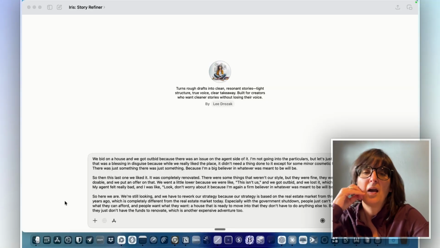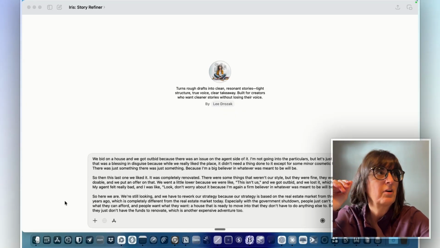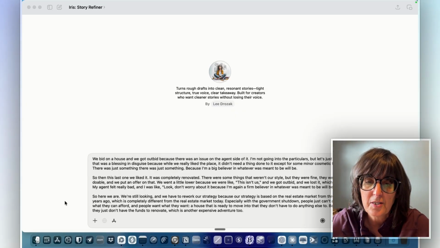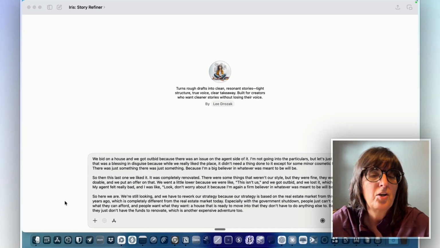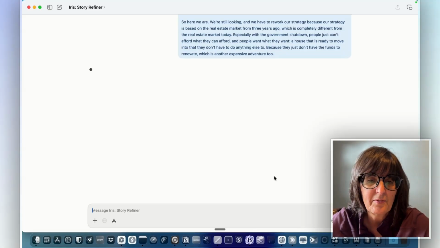So I created the Story Refiner, which is a custom GPT, because my stories, while I was dictating them or typing them out on paper, they didn't seem to flow right, or they weren't cohesive. And so what I needed to do was tell a story and then refine it. So I'll show you that one. Okay, so here's the Story Refiner. You drop your story in and it helps clarify it. So I used Whisperflow to tell this story, and I know that my thoughts are not cohesive. So let's go ahead and run it through and see what it comes up with.